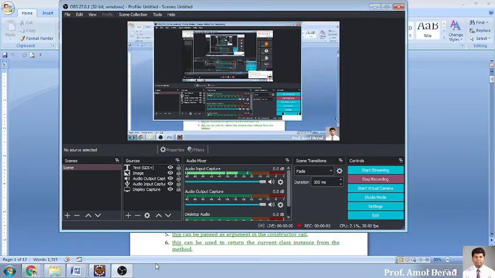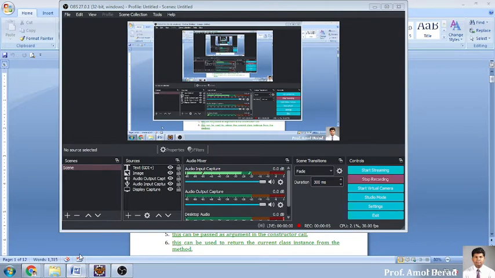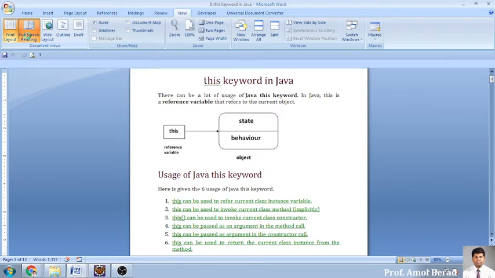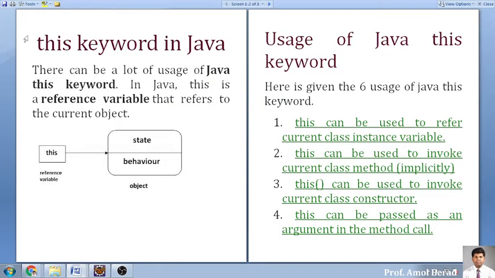Okay, it's there. Now, today's first thing is that we will be talking about the this keyword. We have done many examples on this keyword in the previous session, but what exactly it is and the intention behind using this reference keyword is most important. In Java, we use this keyword. The intention of using it is very simple: we are referring to the object by using this keyword.